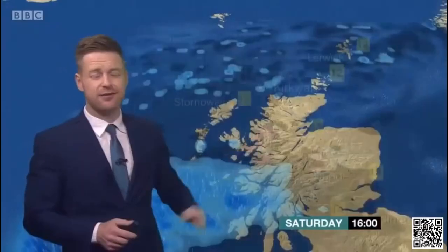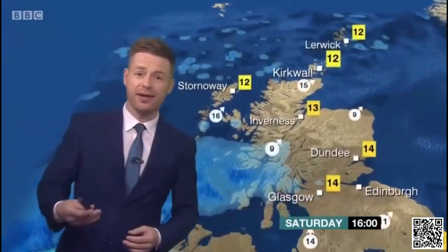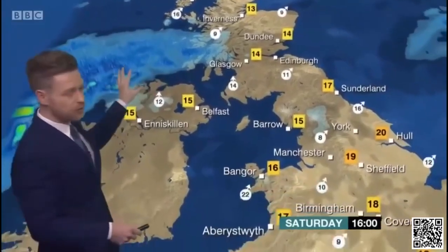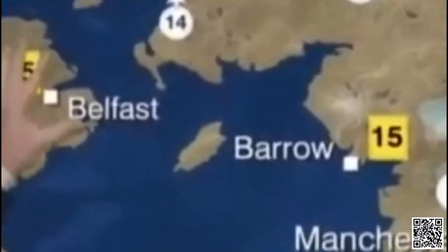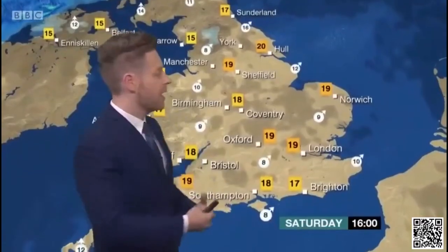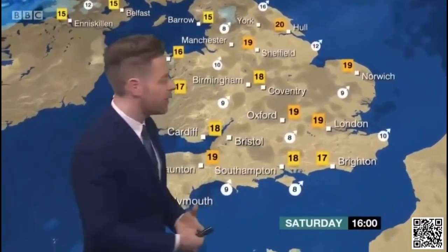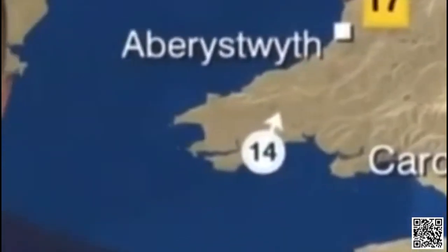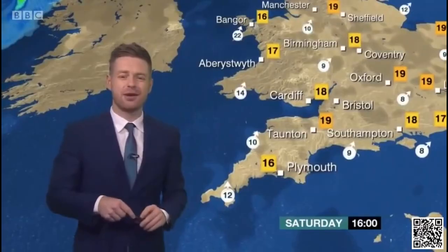In the short term, it really is a great day for many of us on Saturday. If the sun comes out for any lengthy period of time, we are going to get temperatures even into the 20s in 1 or 2 spots, but not for most of us. For example, look at this across western Scotland and Northern Ireland. There's always going to be a bit more cloud here and some outbreaks of rain, but the bulk of the warmth, the fine, I wouldn't say summer-like weather, but not far off, will be across southern areas, because I think by the time we get to Sunday, temperatures in some areas